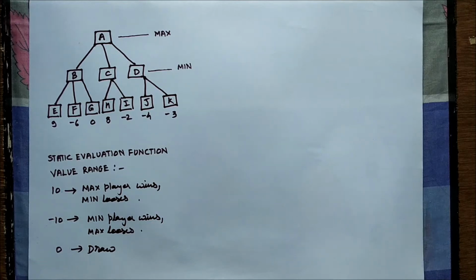Welcome back, friends. In my previous video we had seen an introduction to the game tree. Game tree basically is a tree that is used by computers to play games against a human player, or sometimes a computer player against a computer player. We are discussing a two-ply tree where a game is played between two players. Now, whenever we play such games like chess, we play the game in turns.